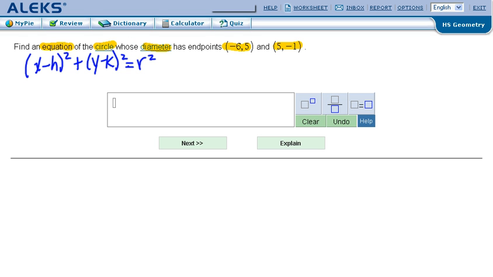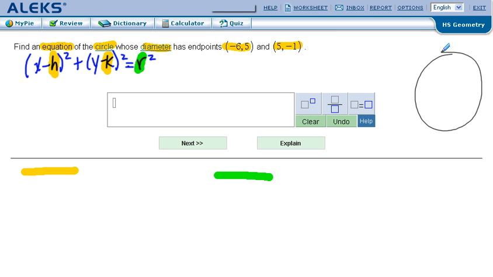So in the equation of a circle, we have two things you need to keep track of. One is the center, which is (h, k), and the other is the radius, which is, of course, our r. Let's graph what we have so it's a little bit easier to see. If we have here (-6, 5) and we have (5, -1), and these are endpoints of a diameter,